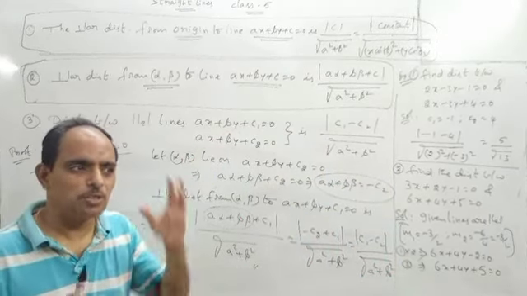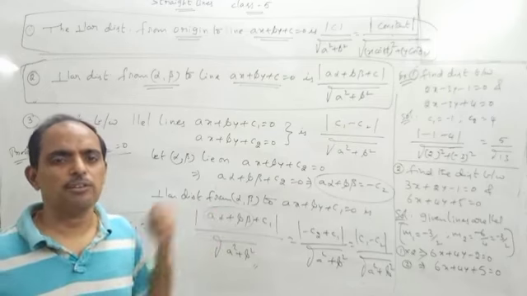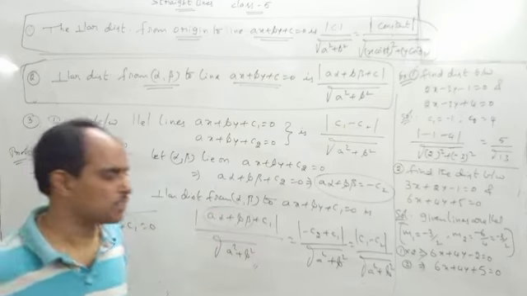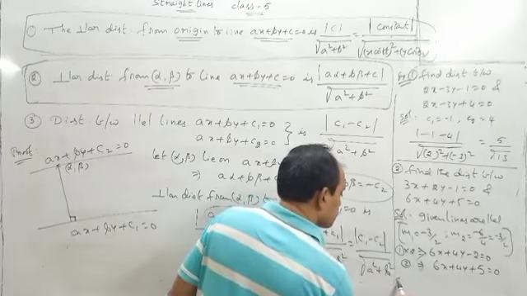So on seeing parallel lines, we observe and convert the equations, then we can use the formula. So what about the distance? So distance